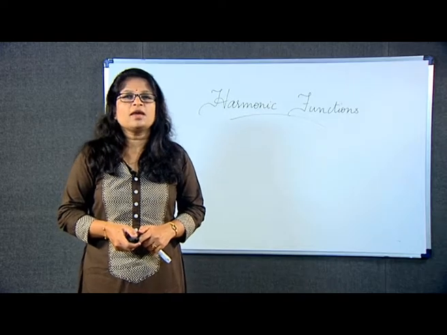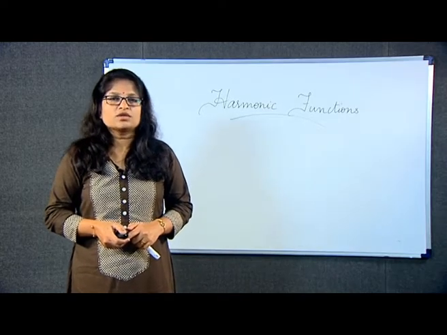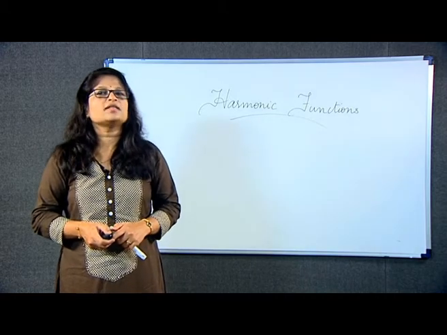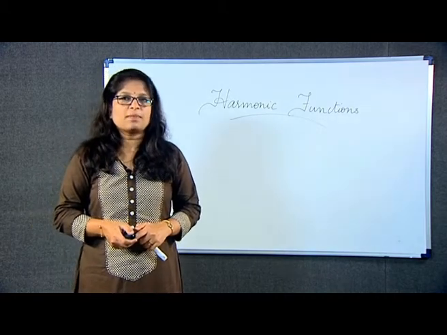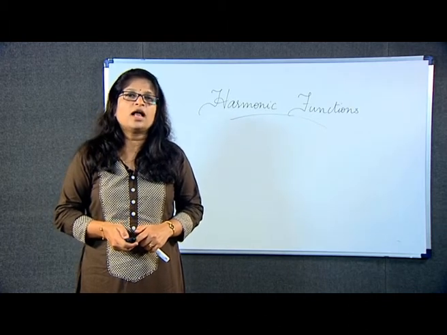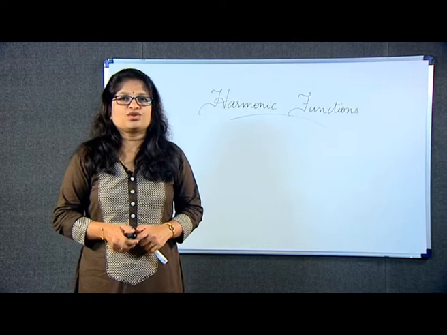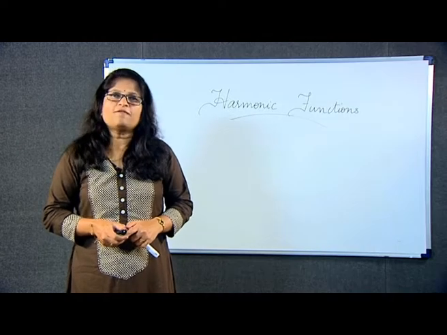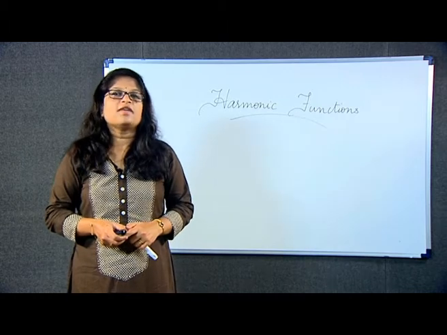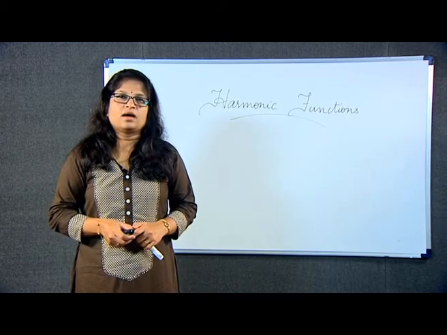But you can see how the function is defined. Your function is u plus iv when z not equal to 0, where u is (x cube minus y cube) by (x square plus y square) and v is (x cube plus y cube) by (x square plus y square), and at z equal to 0, that is at your origin, the function is taking the value 0. So, even though the function is defined in this manner, you can see that the CR equations are very much satisfied here.